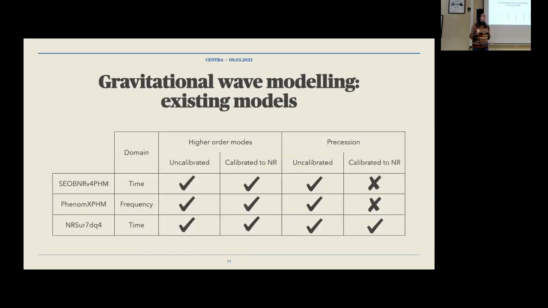So the existing gravitational wave models can be divided into three broad categories: the SEOB family, the Phenom family, and the NR surrogate family. The SEOB and Phenom families both follow the same broad approach to gravitational wave modeling. They use an analytic description during the inspiral that comes from post-Newtonian or effective one-body theory. They then take information from numerical relativity to tune some of these parameters that come from these theories during merger